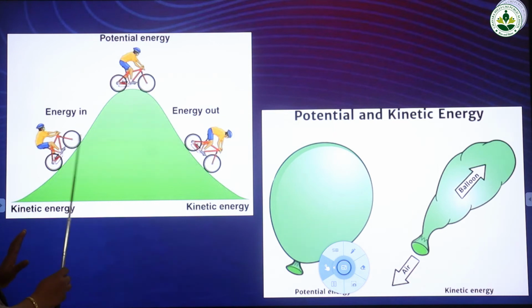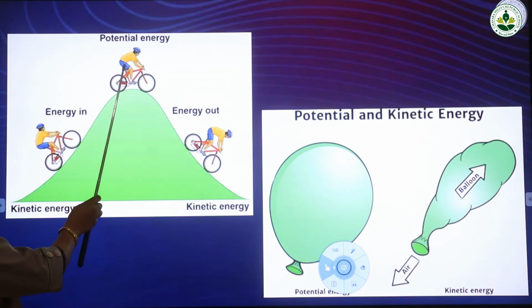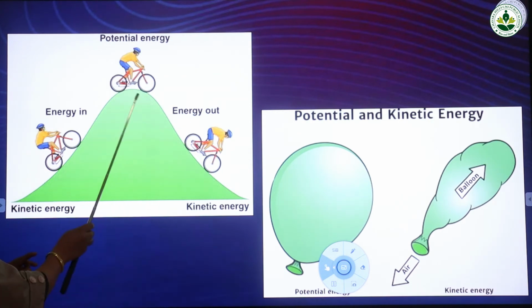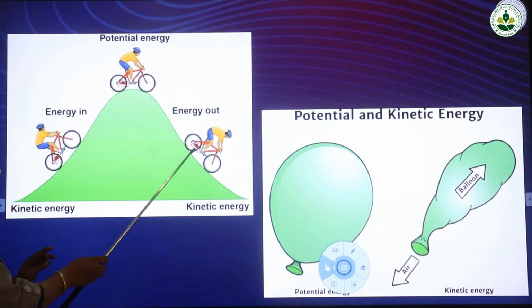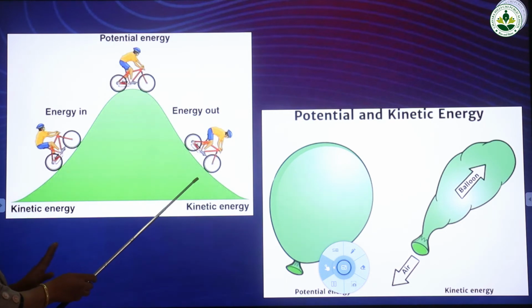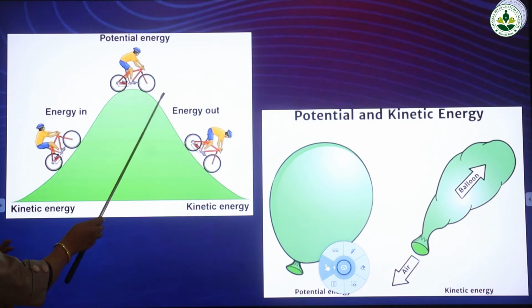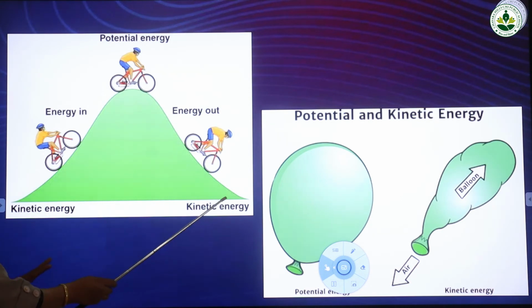Okay. Then after that the boy is riding the bicycle and the bicycle is coming down, isn't it? At that time the bicycle is in motion. The energy possessed by a body due to its motion is called kinetic energy. Okay. Kinetic energy is the energy possessed by a body due to its motion. Here we can see when the cycle is at rest, it has potential energy, and when it is moving, it is coming down, it has kinetic energy.